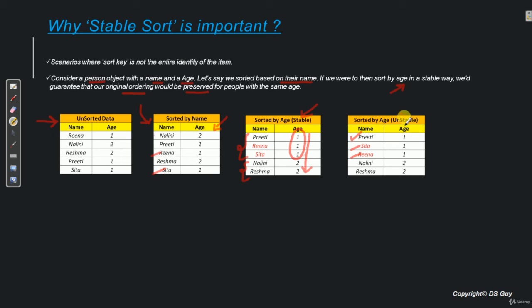That is why it is called an unstable sort. So now to quickly recap: a stable sort is one in which the original ordering of the data is preserved. However, an unstable sort is one in which the original order of the data is not guaranteed to be preserved.